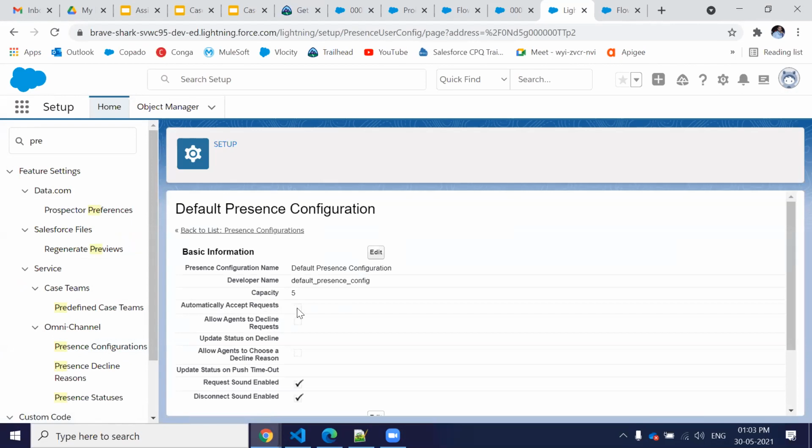You have turned on this setting. If you turn on this setting, your omnichannel is going to make a sound, but you do not see that case inside the omnichannel widget. It is automatically assigned to you as it comes inside the queue. It's going to assign to you directly. You do not see it inside the omnichannel widget. Okay, I'll check. Thank you. Yeah.